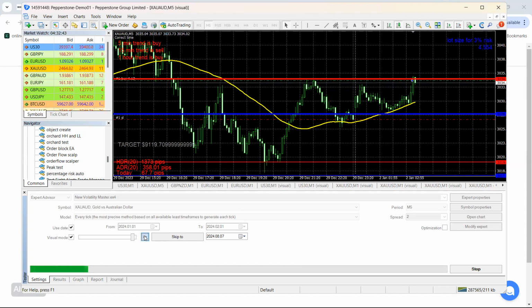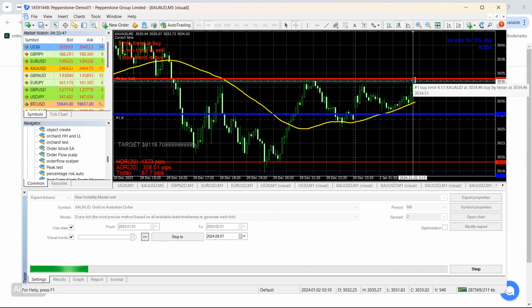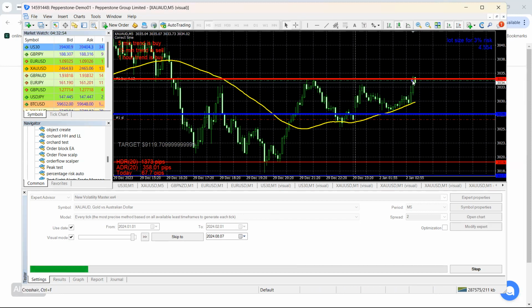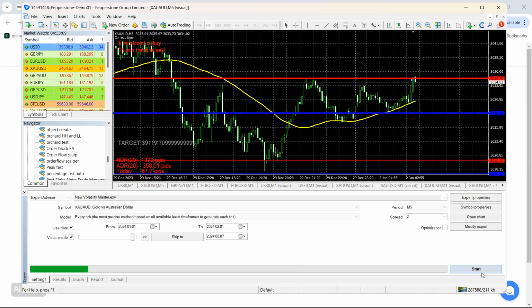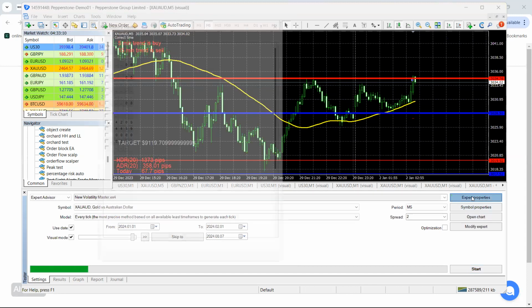So now if I pause it and we have a look at the distance between the trade and the stop loss, last time it was 756. This time it's only 680. So the stop loss is a lot closer, which means your risk to reward can be better and all of that. But what I wanted to show here, though, was